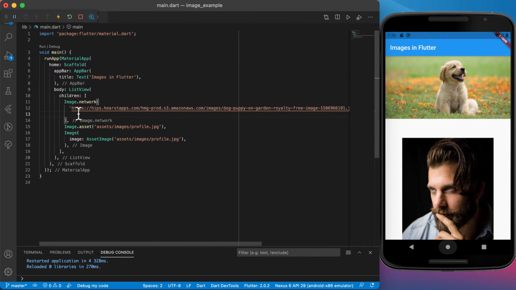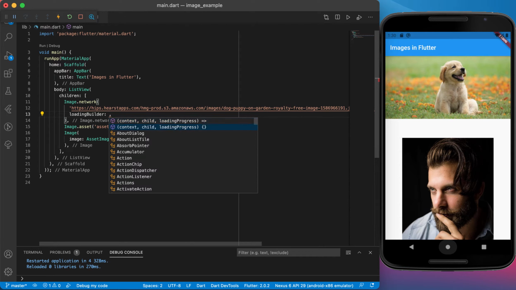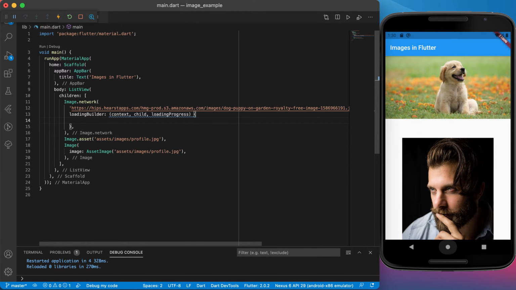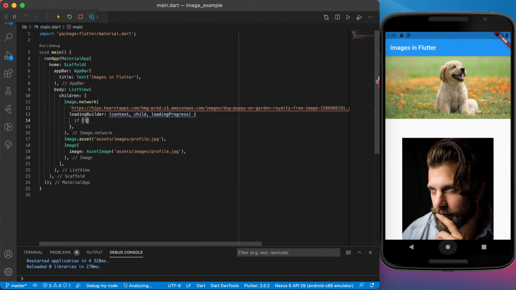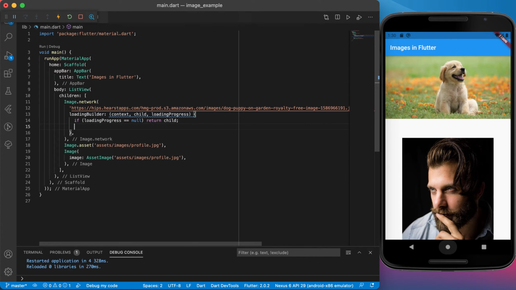Okay, so what we can also do with this network image that we are retrieving from the internet is we can use a loading builder. Now, if you just leave it there, this will pop up, and let's choose the second one there from the list. So this is a loading builder to have a widget show while this is still loading. So we can have something like an if statement in here that says if the loading progress is equal to null, then we will return the child, which means it's done loading. But if it's not, then we will return a center widget, and the child of that center widget will be